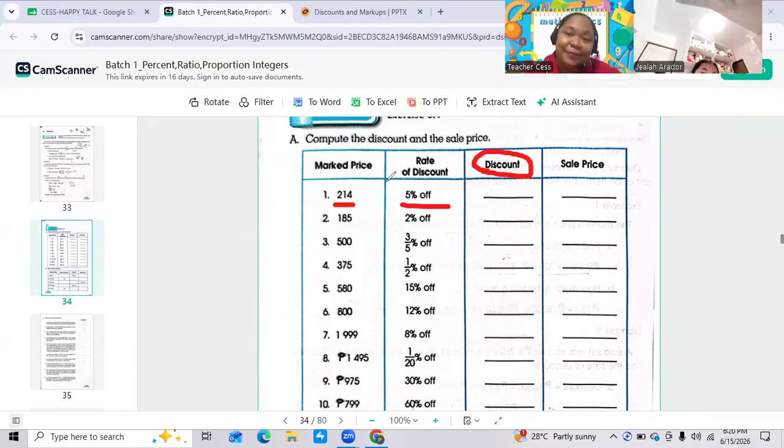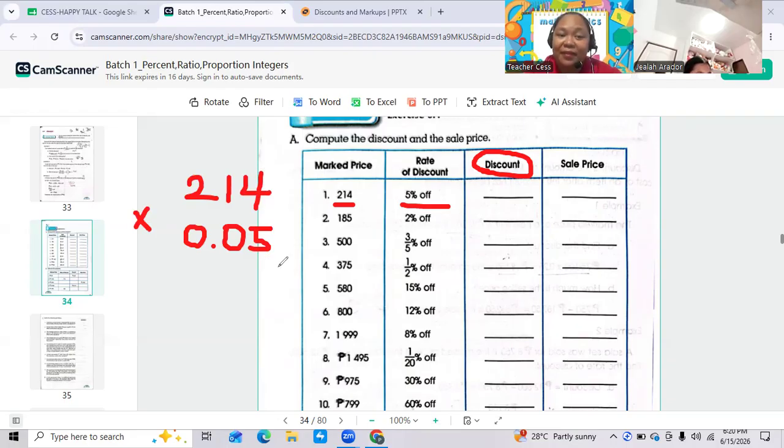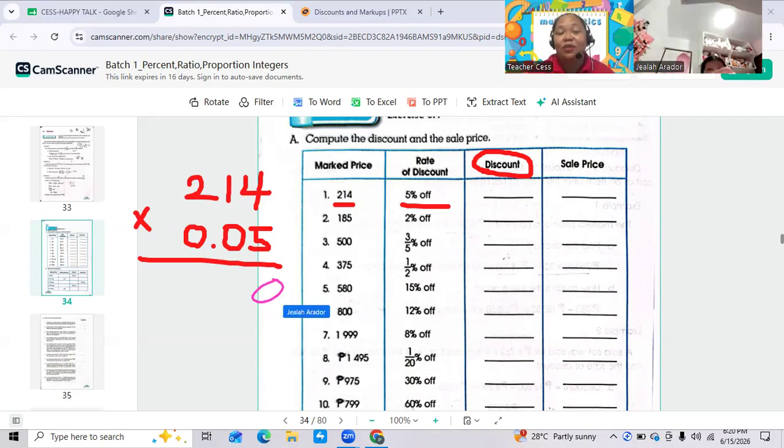I'm going to turn 5% into a decimal. What is the decimal? 0.05. Very good. Multiplied by 2.14. Okay. Can you do this one on the screen so that I can see if you can multiply a whole number and a decimal number? In that case, you will just multiply first the numbers, the digits, and then to the final answer, you will just put the decimal point. Okay, 5 times 4.